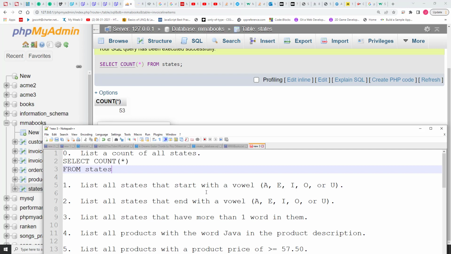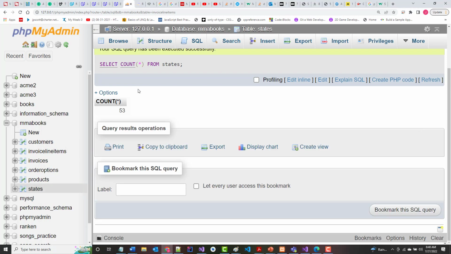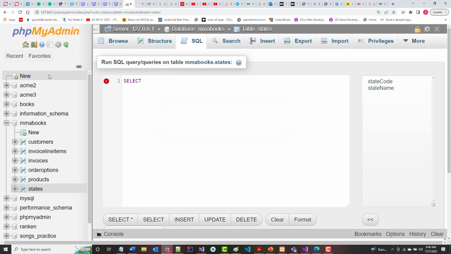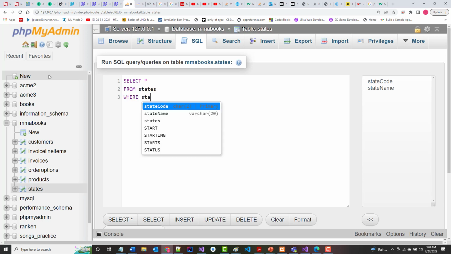Next, list all states that start with a vowel. So either A or E or I or O or U. This is a little bit more complex a query than the ones that we've written so far. So I'm going to say here, select star from states where state name, there are different ways of writing this, but this is how I'm going to do it, where the state name like